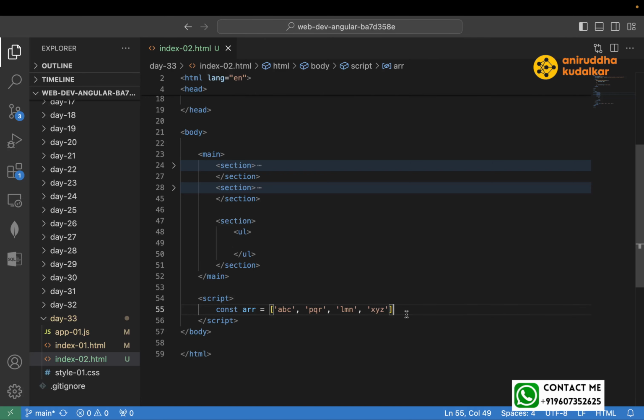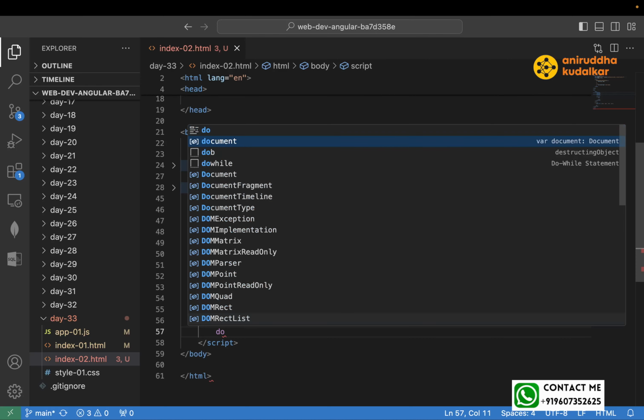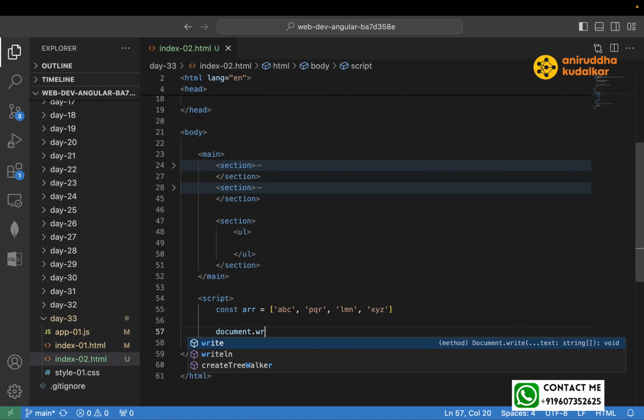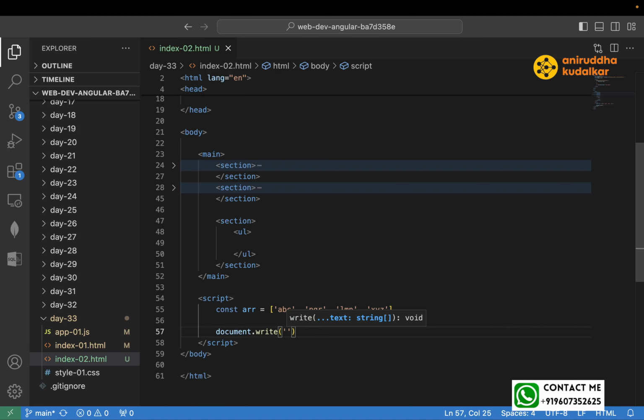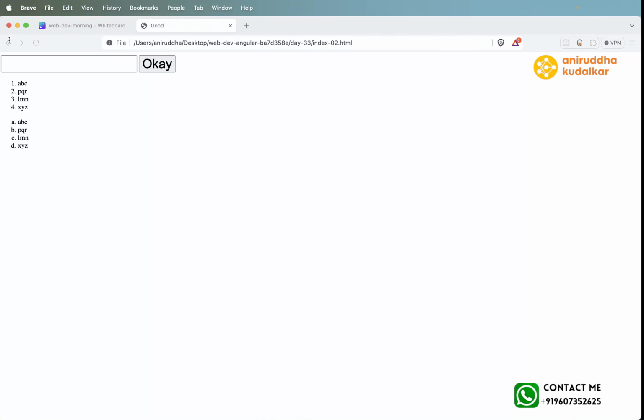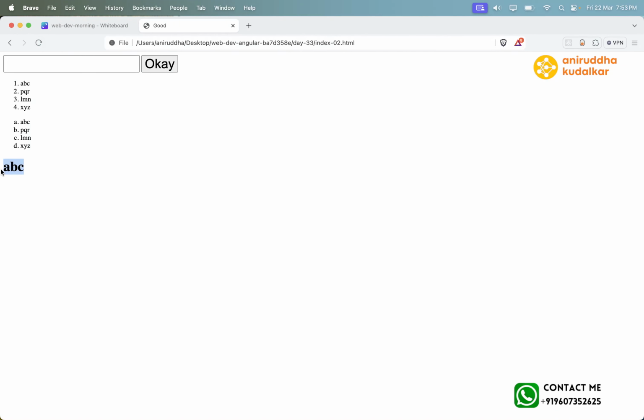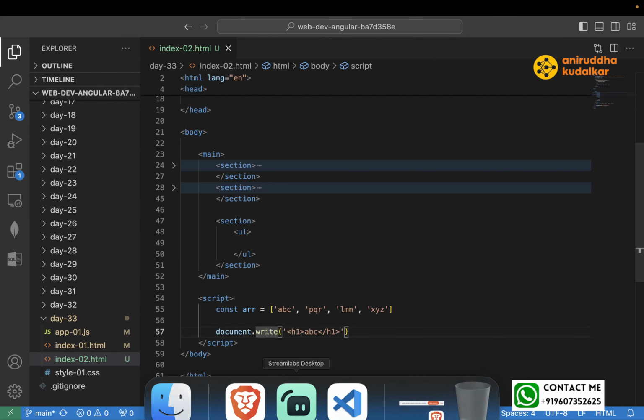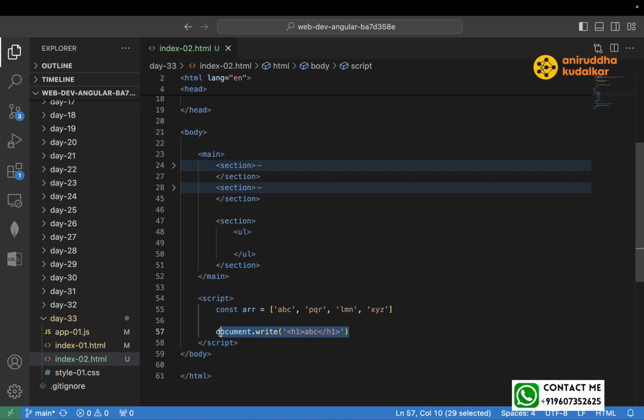See, now something like this. Document.write. Here I can say li or h1, abc, h1. Just refresh it. Can you see abc is getting added at the end? Document dot what? Write. So if you can create the string dynamically,